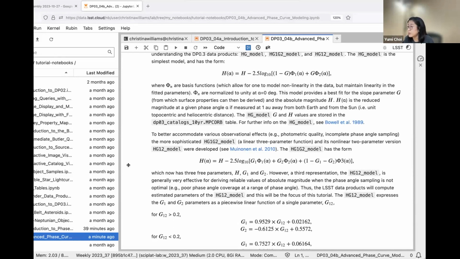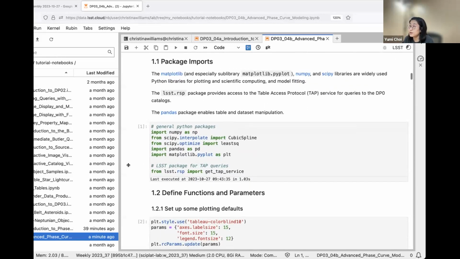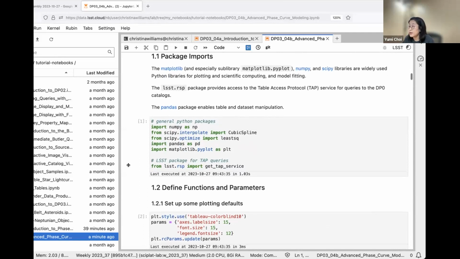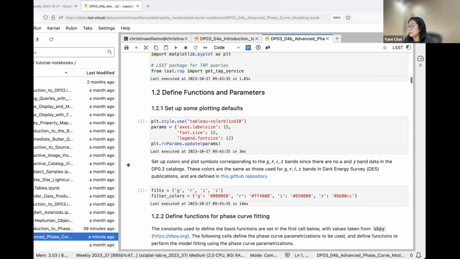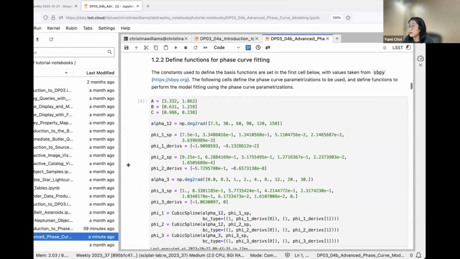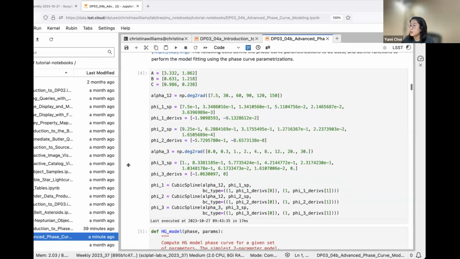Can you go down? Yeah, so in the first part, we're just importing the packages and libraries used for this notebook, and then we define functions and parameters. So the basic setup for plotting defaults, and then the colors and symbols for the LSST filters used.